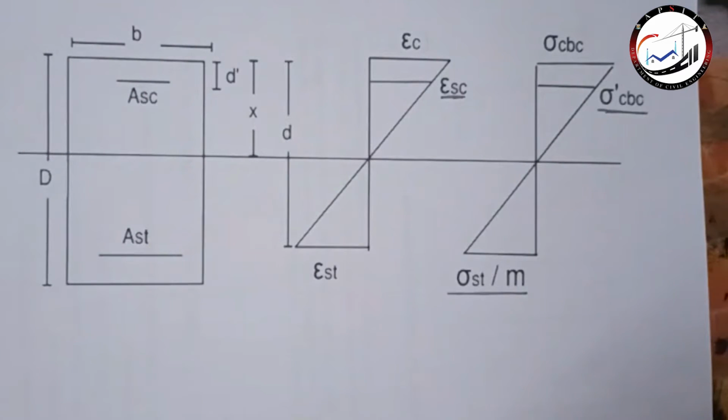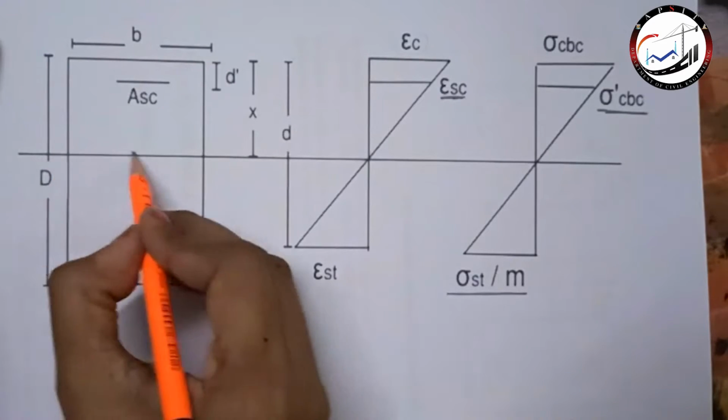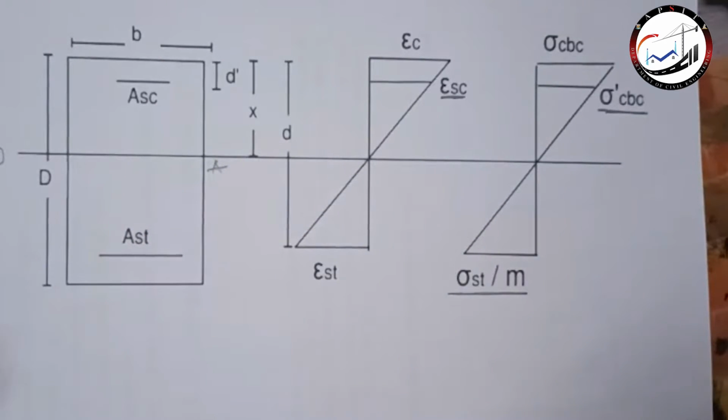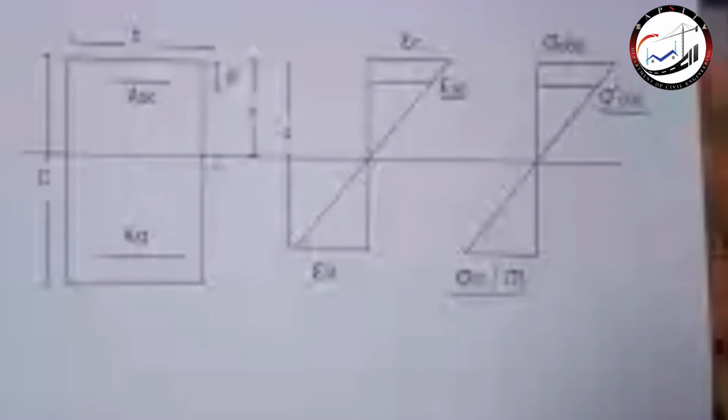Now how to calculate the moment of resistance? Same, you need to apply the same condition. But before that, I need to calculate the position of the neutral axis. I should know what is the position of the neutral axis. So how do we get the neutral axis? What we have done in the singly reinforced section? Can anyone tell me? How did we get the neutral axis? Yes, anyone? Okay, nobody?